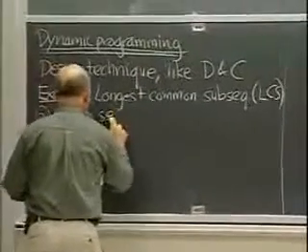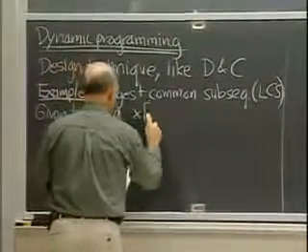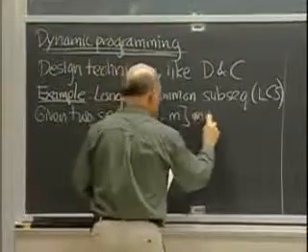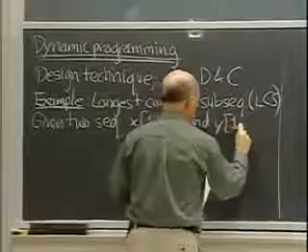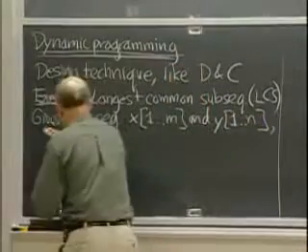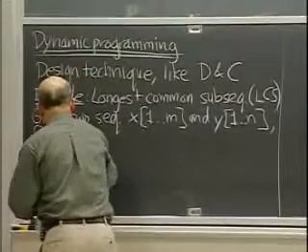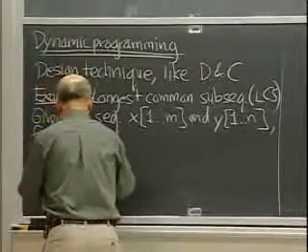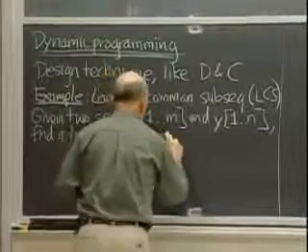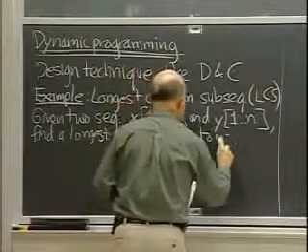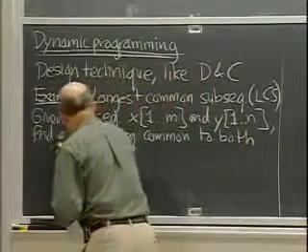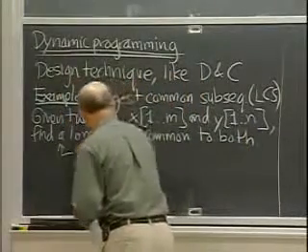So here's the problem. You're given two sequences, x going from 1 to m, and y running from 1 to n. You want to find a longest sequence common to both. And here I say a longest,